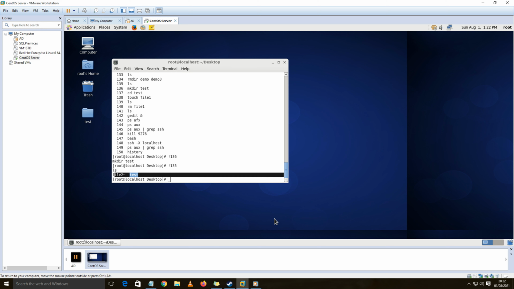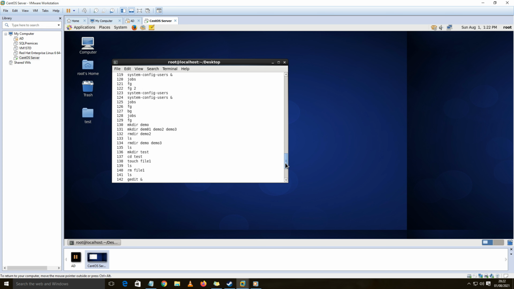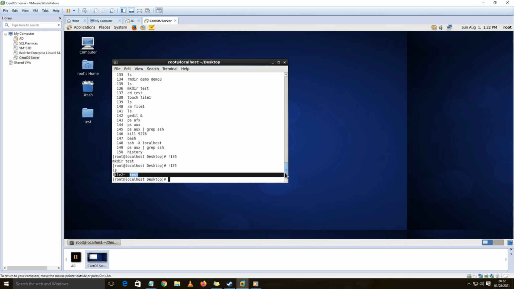So this was all about the history command, which is an absolutely important command, because we tend to forget which commands we have executed on the terminal. Linux provides us a very good command, the history command, from which we can identify the various commands that we have executed on this particular terminal. The overall number of command lines is 1000, so 1000 commands are tracked with the help of the history command. So that's all for this particular topic.